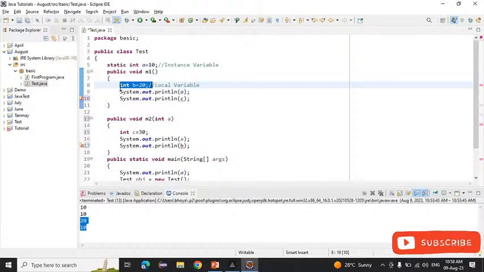So inside the method we can declare this variable. The variable which is declared inside the method is known as the local variable. These are the three types of variable we have. And if we declare a variable inside the parameter also, that is known as the local variable. And where we will access this one, the local variable,